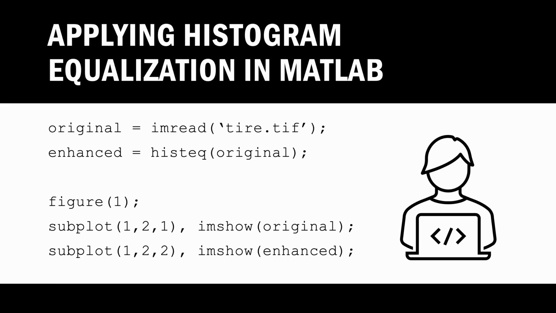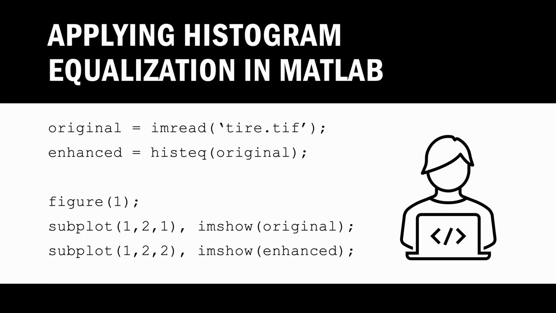Then, we create a figure window. The command subplot sets up two display panels. In the first panel, we use imshow to display the original image. In the second panel, we use imshow again to display the enhanced image after equalization. This simple code shows how just one function call in MATLAB can perform histogram equalization and clearly demonstrate the improvement